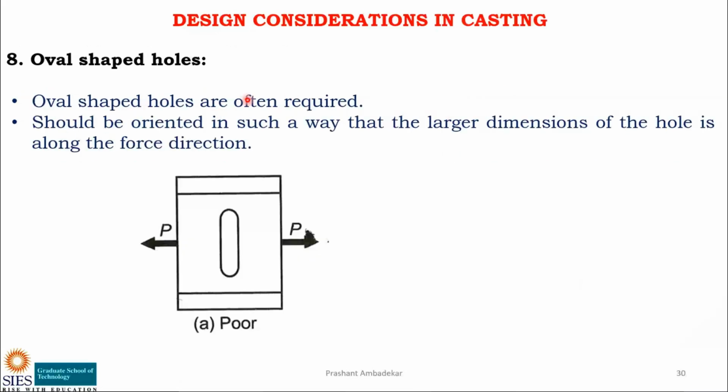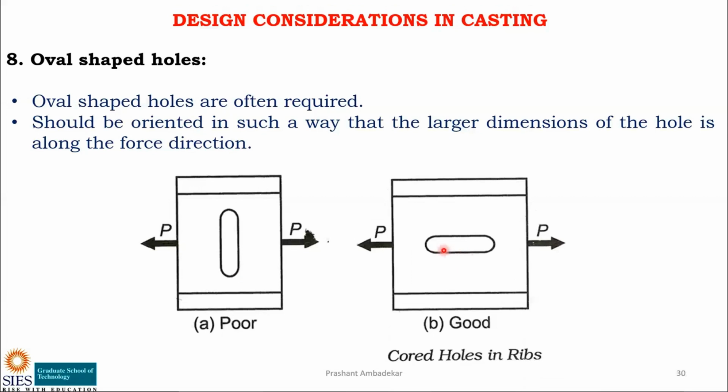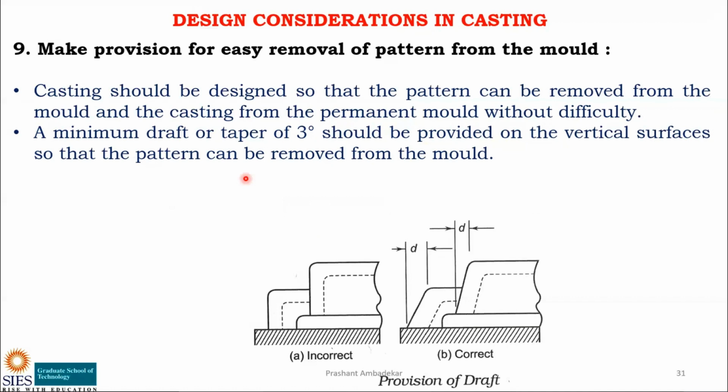So oval shaped holes are often required. You cannot eliminate the requirement of this, and you cannot change it to circular. Okay, so what can you do? It should be oriented in such a way that the larger dimension of the hole is along the force direction. See, the force applied is here, horizontal, and the hole orientation is like this. Instead, change it to this. Change the orientation such that it should be aligned with the direction of the force. And the last point here is make provision for easy removal of the pattern from the